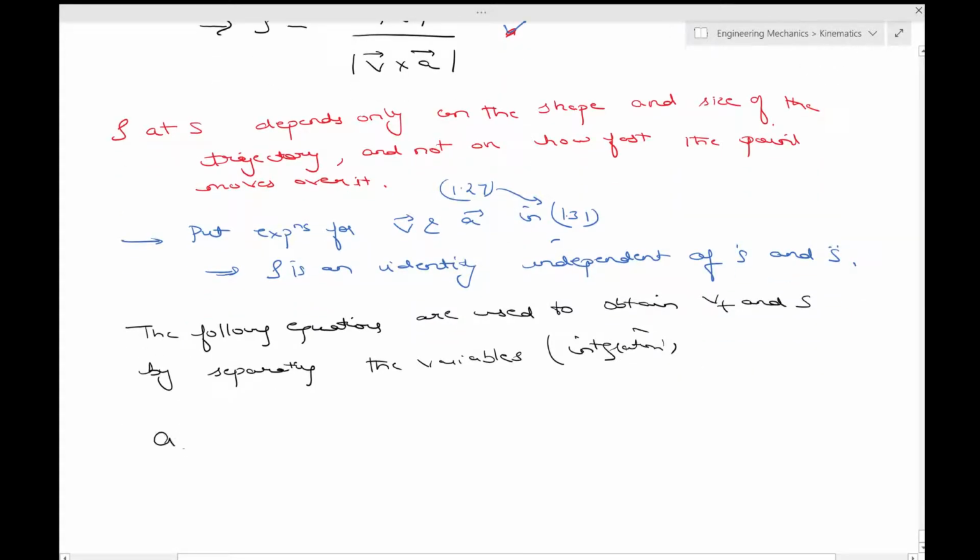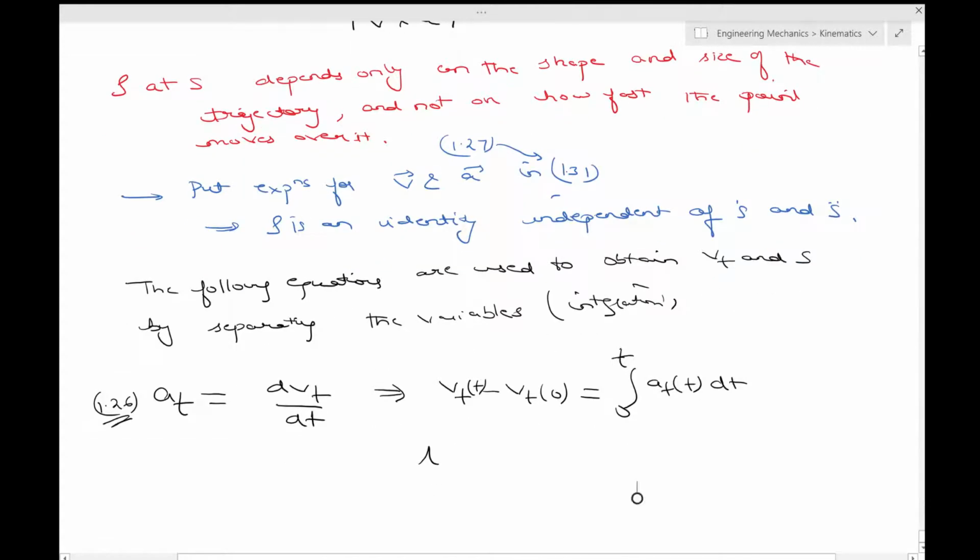So if you have, say, the tangential acceleration, this is dVt by dt. This is something which you can actually find out, that at is equal to Vt dash. This was equation 1.26. Please pause the video and go and check. You had already done that. So once this is written, then you can say that Vt of t minus Vt of 0 is equal to the integral from 0 to t of At of t dt, and then